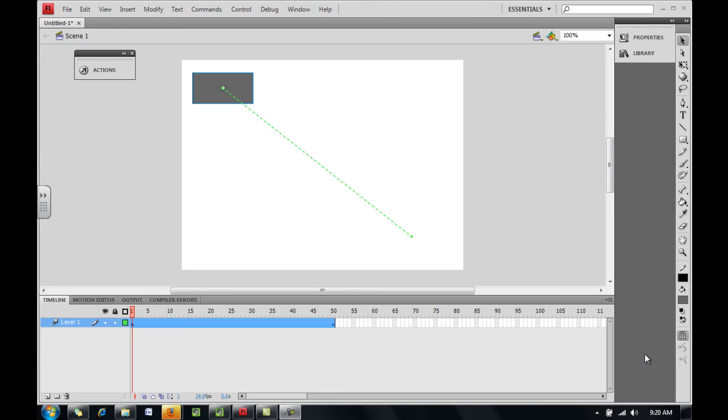Hi, in this video we're going to look at using the ease feature and also the rotate feature when using a motion tween in Flash. Now both of these are quite simple to use. On my screen here all I've simply got is a rectangle that I've converted to a symbol and I've motion